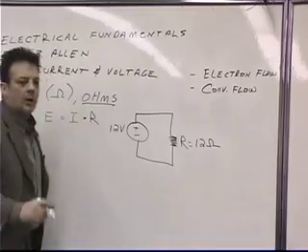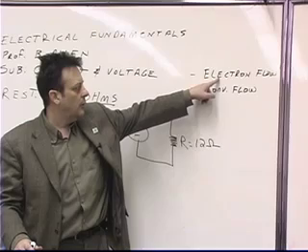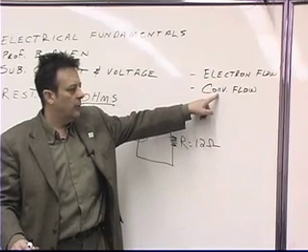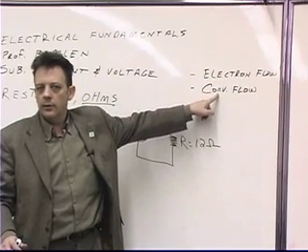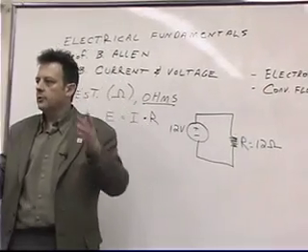Okay? The only difference between electron flow theory and conventional flow theory is which terminal the electrons leave